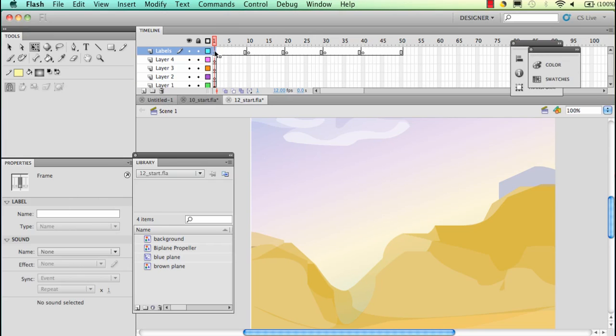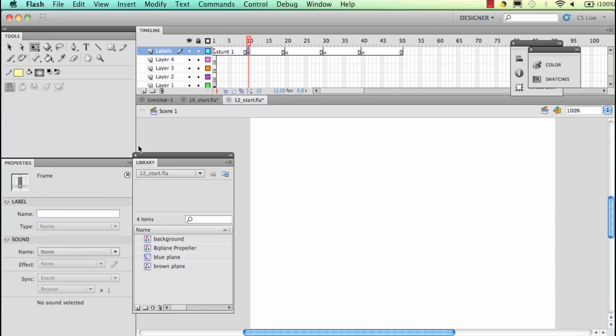Now, if I select Keyframe 1, I go over to Label in the Properties Inspector, and I type in stunt 1, and I'm going to do it in all lowercase because labeling is case sensitive, and I like to stick with all lowercase when I have to worry about case sensitivity. Stunt